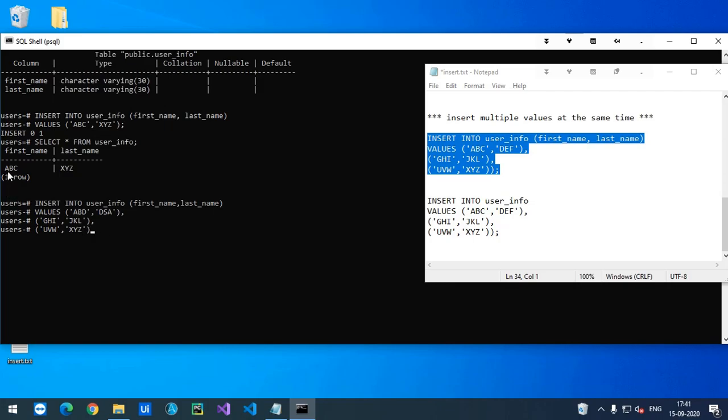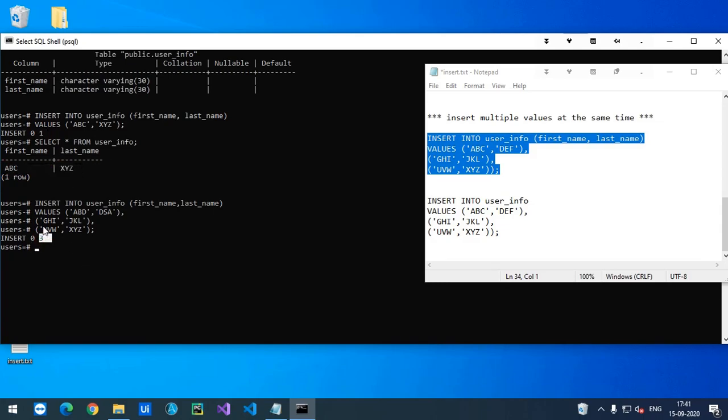Now you can see there is only one row here. After executing this query there will be 4 rows. Let me end this query with the semicolon. You can see here insert 0 3, whereas before it was insert 0 1, because it only inserted the first value.